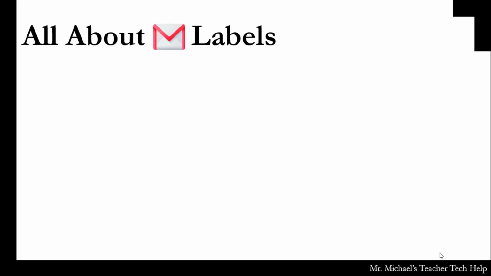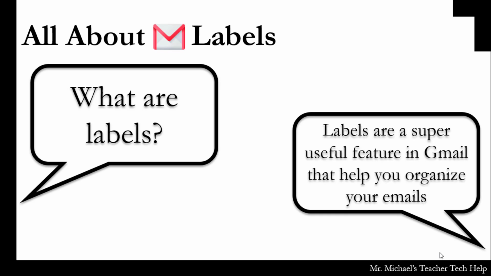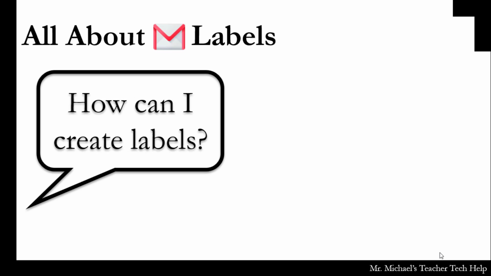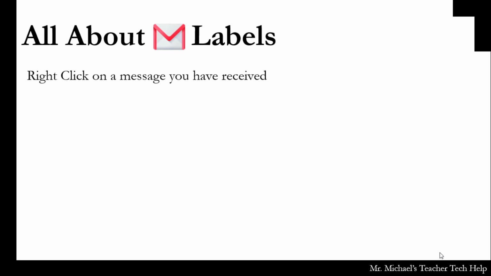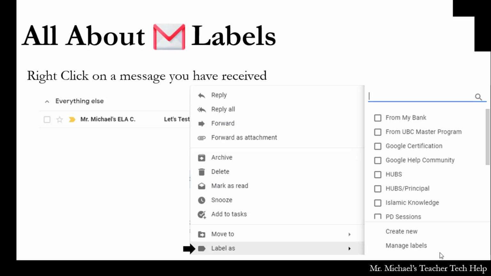So all about labels. Labels are great. So what are labels? Labels are a super useful feature in Gmail that help you organize your emails. How can I create labels? We're going to find that out. So just right-click on a message you have received. So for example, this is one email in my inbox. I just hit the right mouse button,